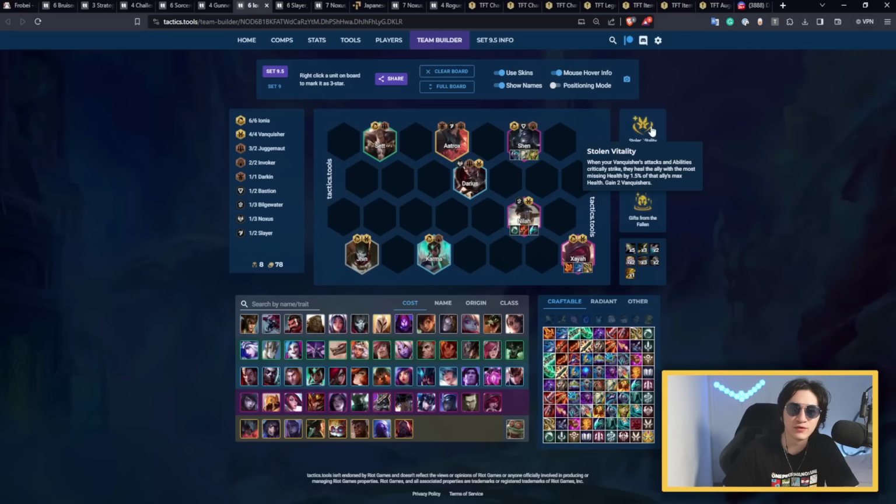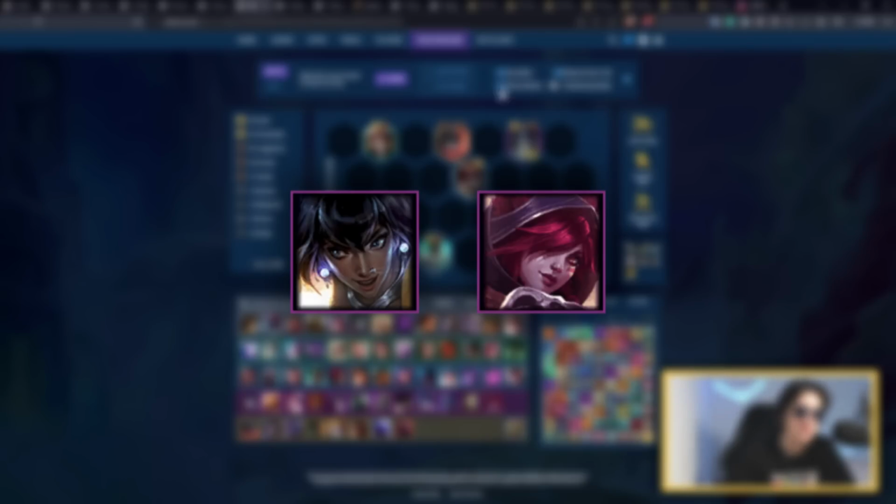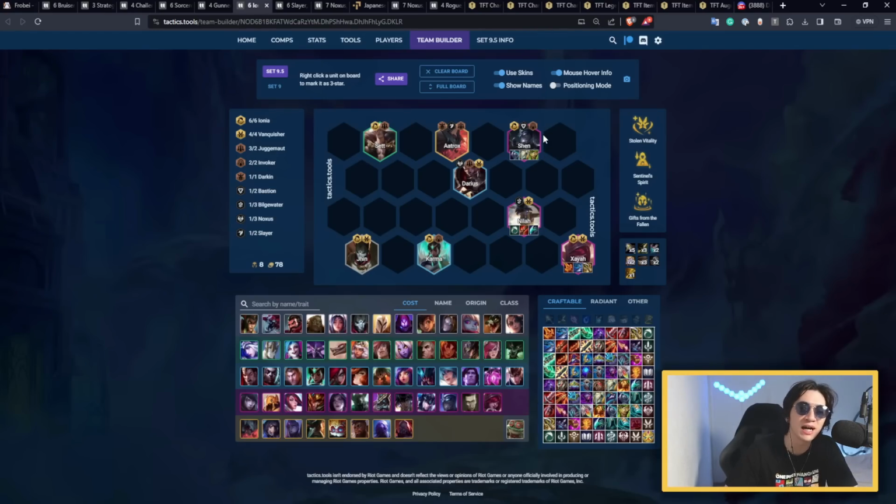The Stolen Vitality is the Vanquisher augment. It allows all your Vanquishers to deal base crit, and that way with Nyla and Xayah, it will make sure that your Shen will last a very long time, so you have a strong front line. Sentinel Spirit is nice since you have so many Ionia, so all of them will have a little bit of shield, a little bit more attack speed,